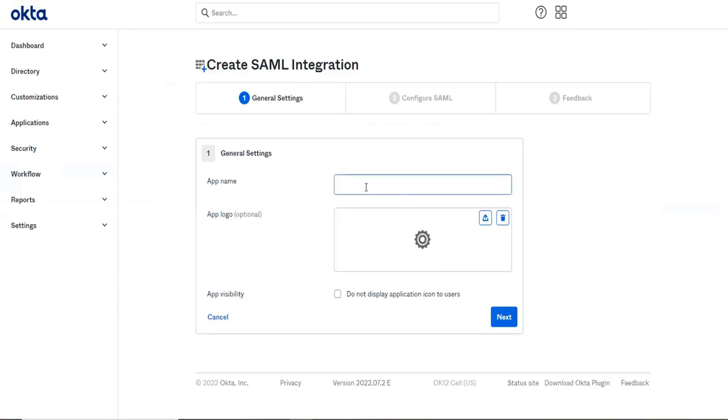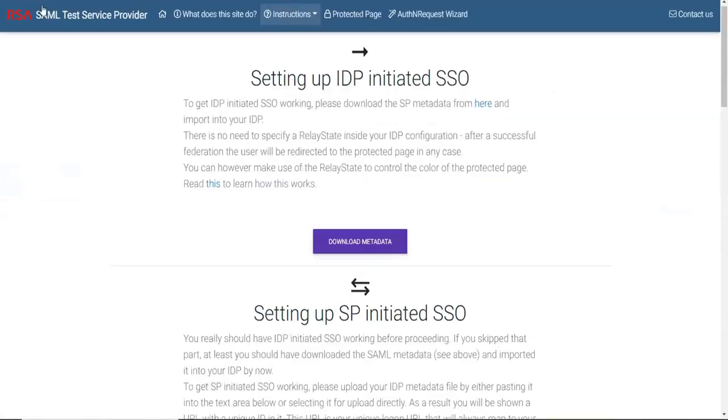Okay, you will be asked for some options. So what is your app name? It is IAM Showcase. I'm typing that name. Okay, what is the app logo? Let's say I want to take this as the app logo. Let me take a snapshot.